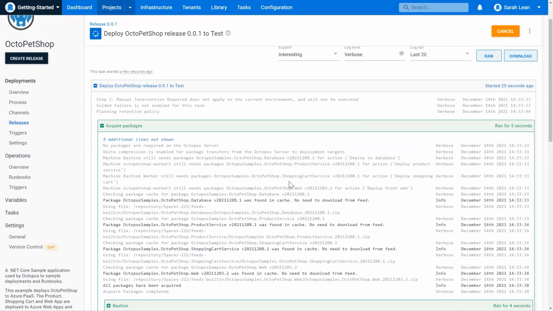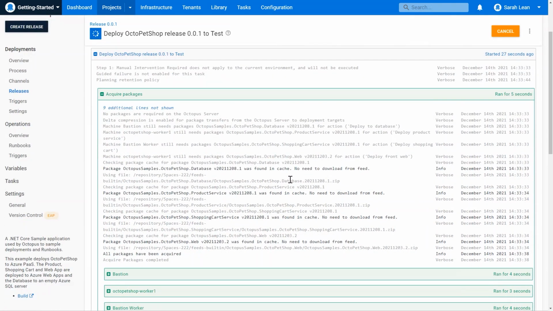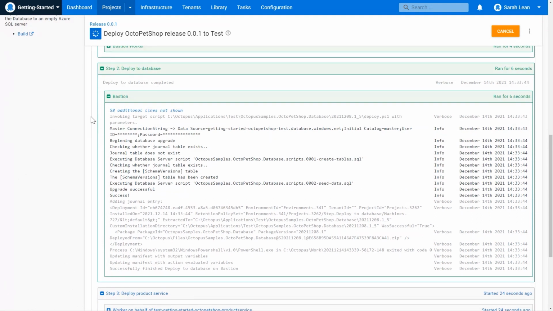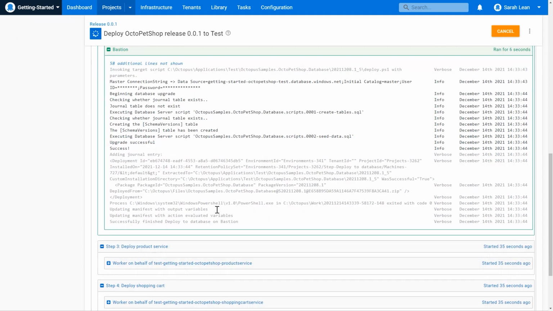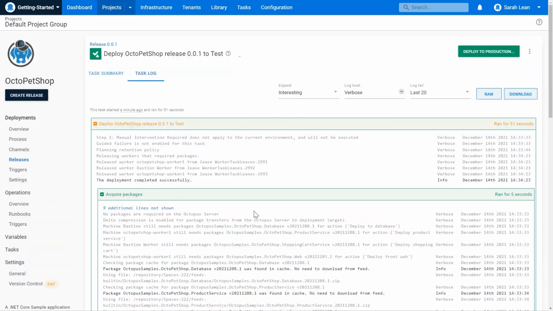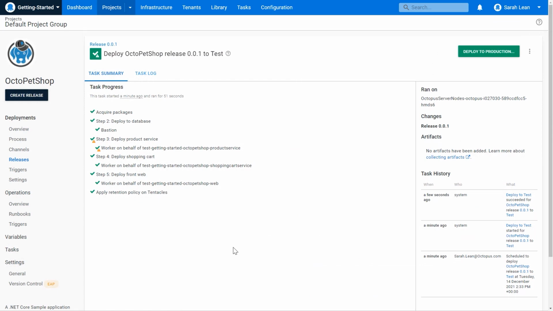But you can see it's giving you a mass of information here about what's happening and what each of these steps are actually doing in the background for you. If we have a look, say, at the Deploy to Database one, we can roughly see here it's connecting to our database. It's using the username and password that we'd given it. It's deploying that database information, and it looks like it's been successfully deployed. And it's now working on configuring our web servers as well for us. So that looks like it has completed. So let's double check. Yes, that looks like it's completed.